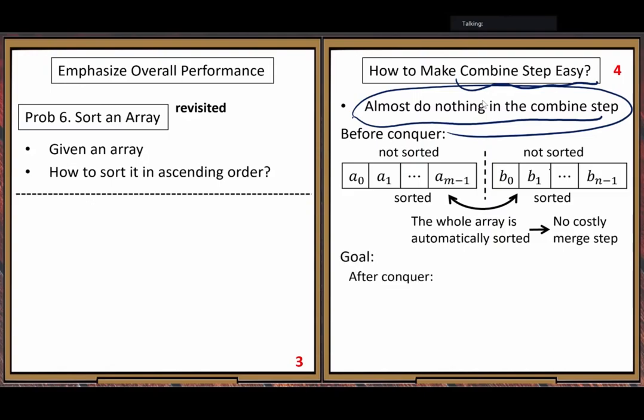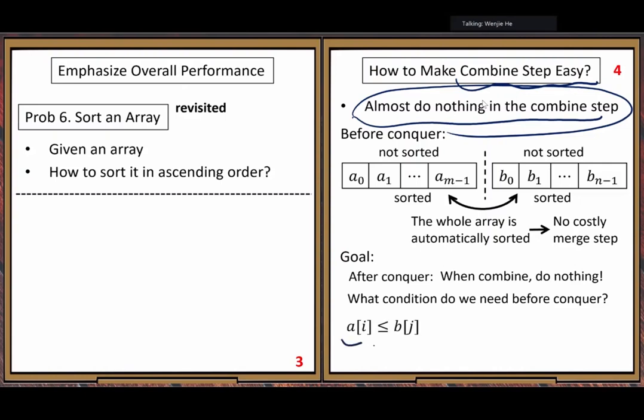So that condition is very important, but it's not hard to see. The condition is, look at this inequality.